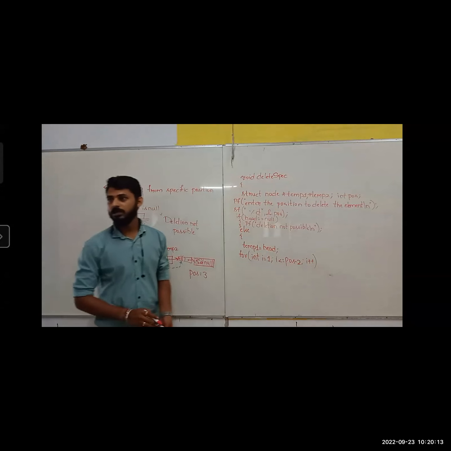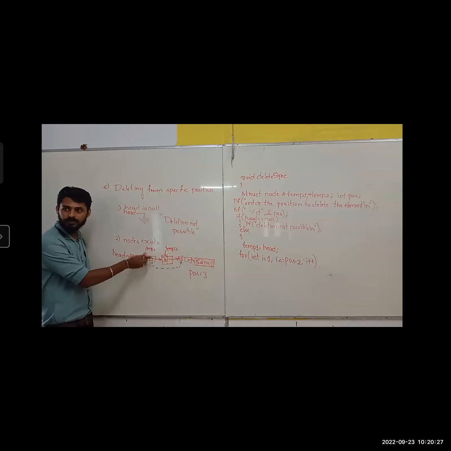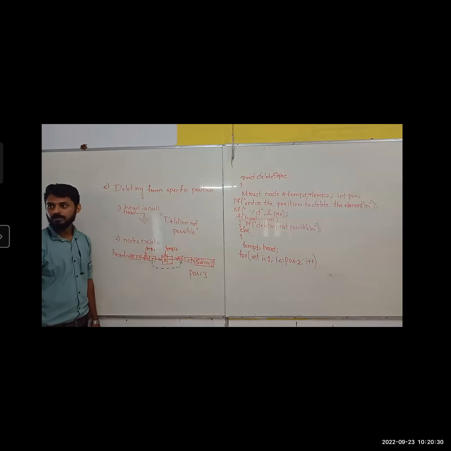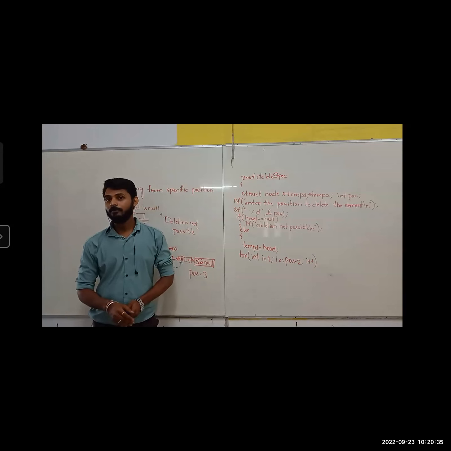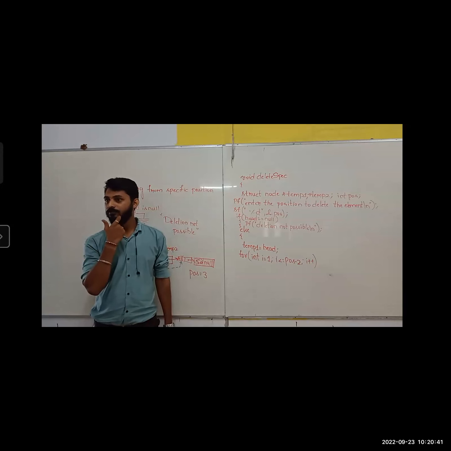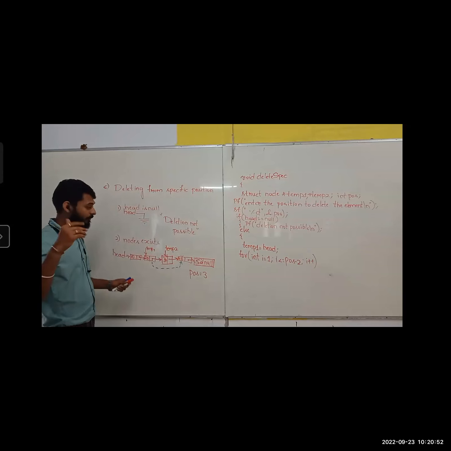Only 1 time I should move, right? If you observe, position is 3. Okay, I want to point it here. How many times I'm moving? Temp is pointing here. From here, I want to move only once, which means I'll reach my position. Yes. If position is 15, getting it? I want to delete the position as 15. Then where my temp should point? Not 15. 14 it should point. If I want to point at 14th position, how many times I should move? Only 1. Fine. That will be a big example for you.